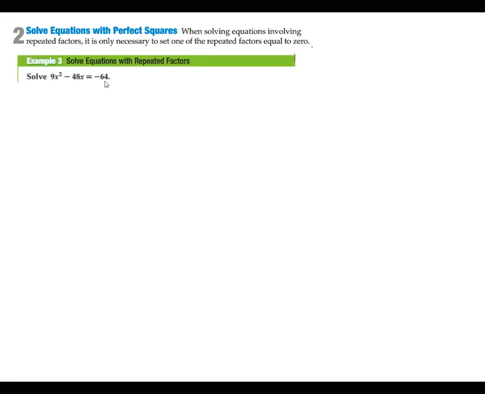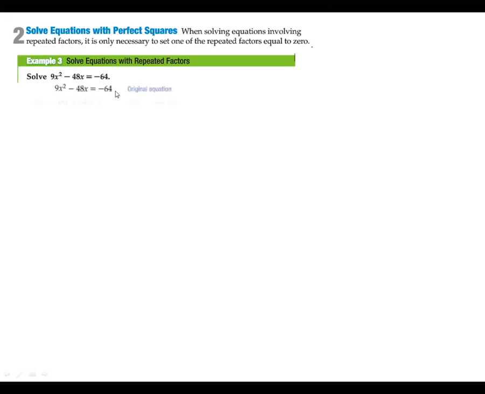Okay, let's talk about how to solve equations with perfect squares. When solving equations involving repeated factors, it is only necessary to set one of the repeated factors equal to 0. So, for example, if I wanted to solve 9x squared minus 48x equals negative 64, always start off by setting